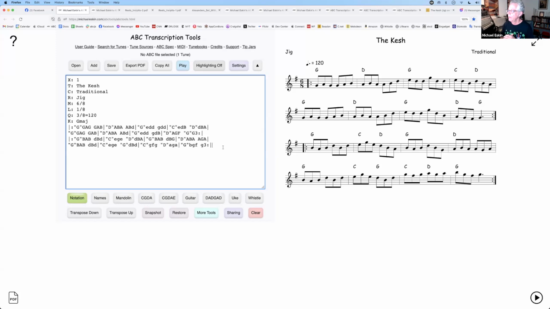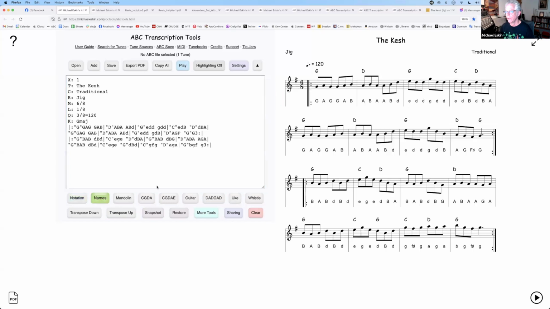They use a slightly different system. It looks like ABC. They use the letters A, B, C, D, and that kind of thing, but they have no distinction between uppercase and lowercase letters. So for example, I have the ability to just show the note names below. And in Ireland, the note names for like this D, they use a different system to represent the second octaves